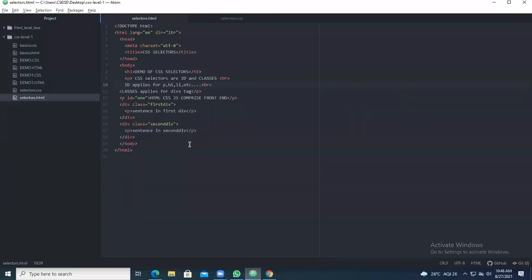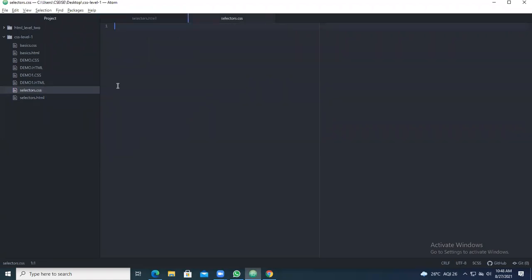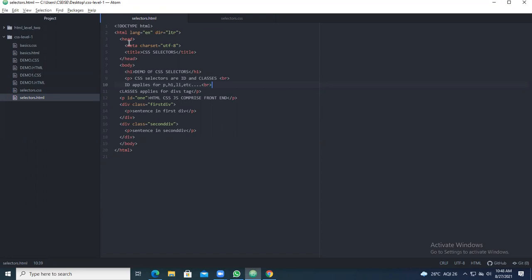Now you come for the CSS part. Very, very important: how many tags are you going to apply here? Up to HTML head, you won't get anything. It starts with the body tag, where you can write something. First make a note of each and every tag. Body, next is H1, next is P. Here P without ID and here P with ID. Next you are having the first division, and next the second division. So these are the tags.